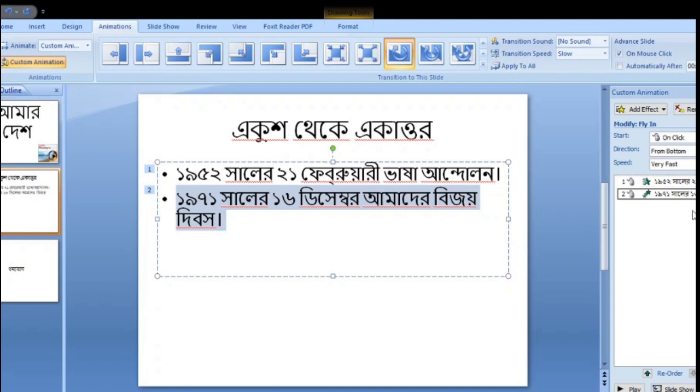In order to remove a transition from a specific text box, select it and click the Remove button to exclude the transition.